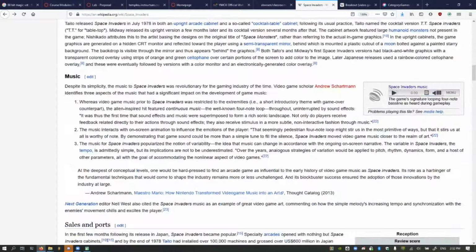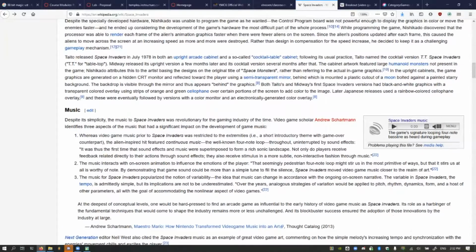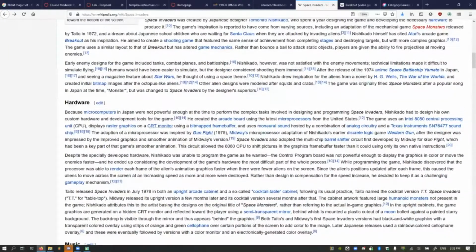So music does not need to be complicated at all if you want to try to do music. How do you get music, by the way? Look for royalty-free or open source or Creative Commons sounds if you want to use it.